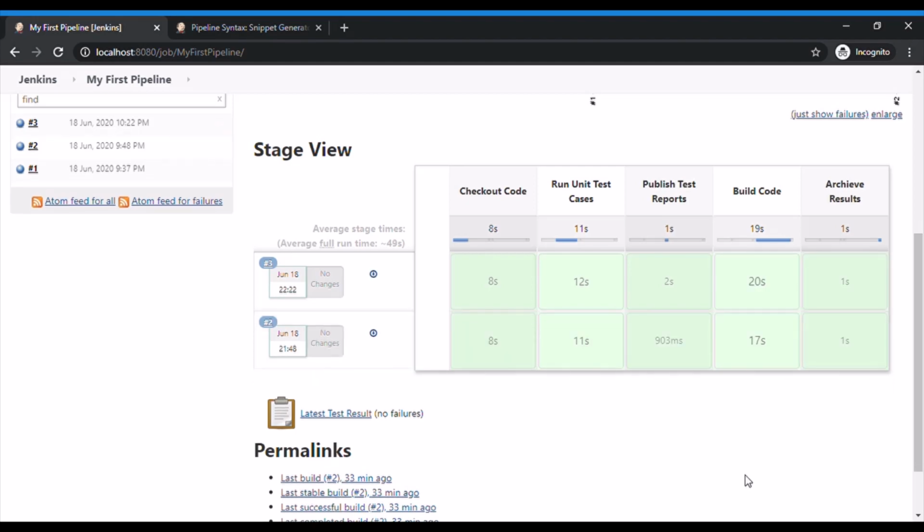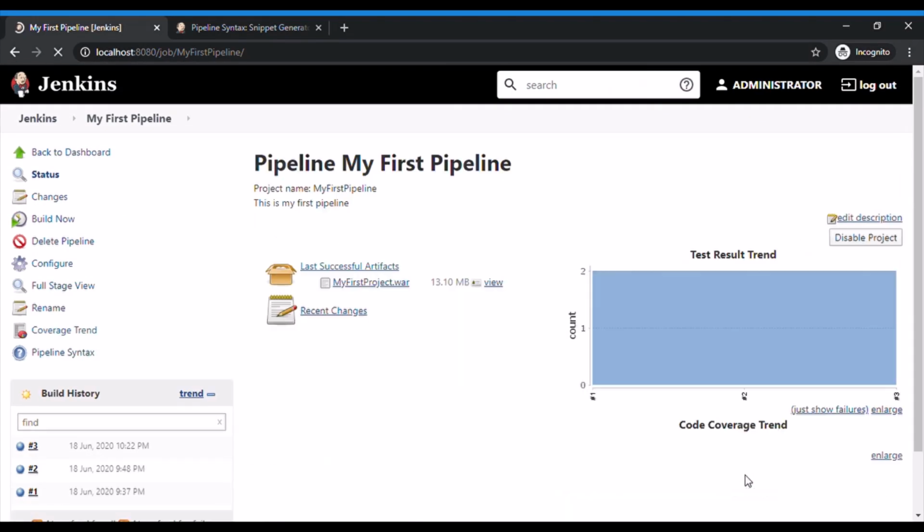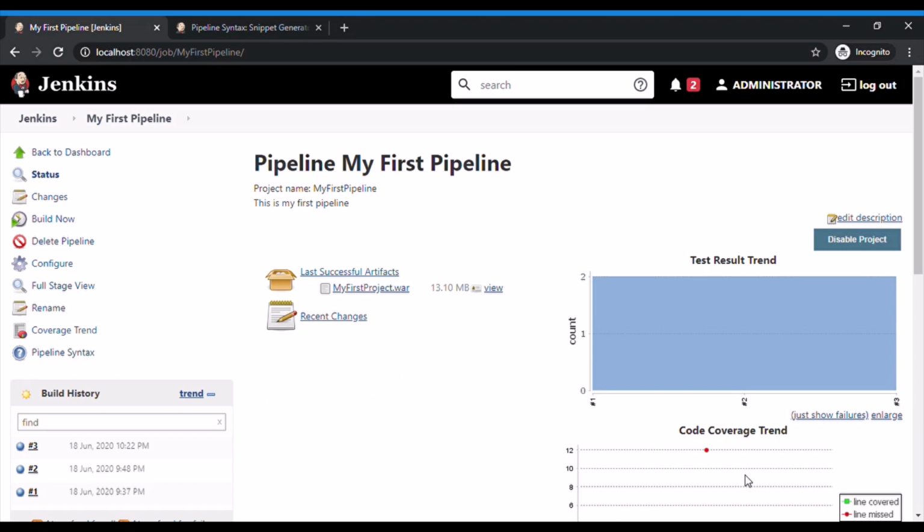So I'll just refresh my page to see the code coverage trend. As you can see, the code coverage trend has been now published.